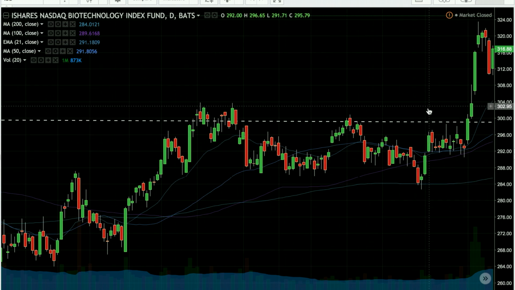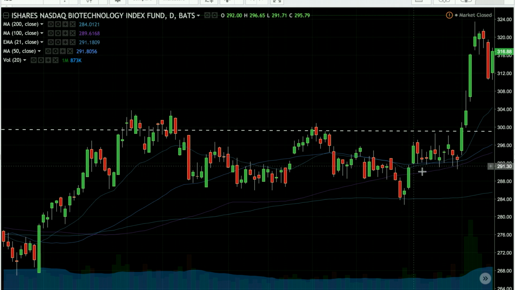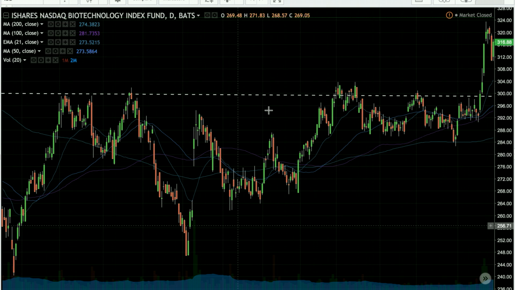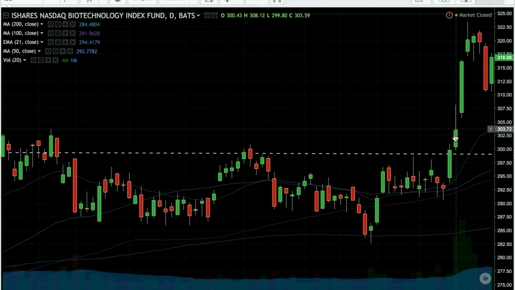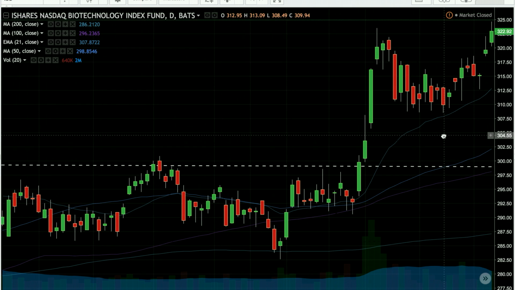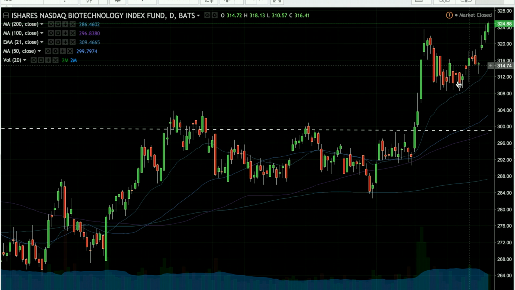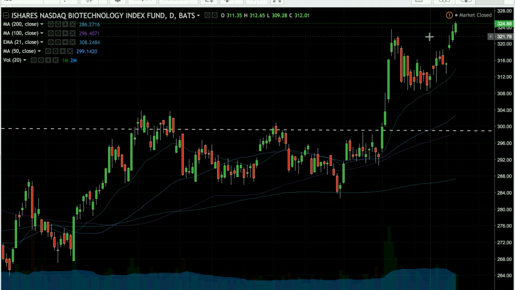And I personally murdered this one. My price was $297.50. I saw a volume here. But so it gave a nice, pretty tight bull flag. I mean, relatively tight, 10-point bull flag. I mean, this name chops around $50 so easily. So then, boom, initial reaction is straight up for a few days. Now it got me on the trailing stop out here, and I was able to re-enter, and I'm still long the stock. I re-entered on this day. And look at us. Clear skies ahead. 325, the strongest name in the market right now. I'm going to hold on to the stock as long as I can because it's just going to keep on